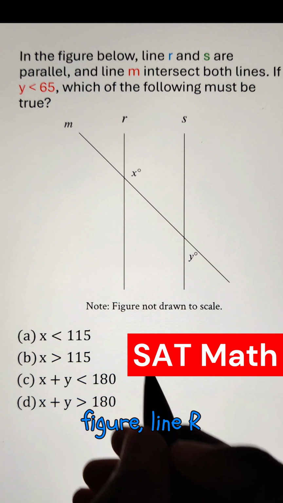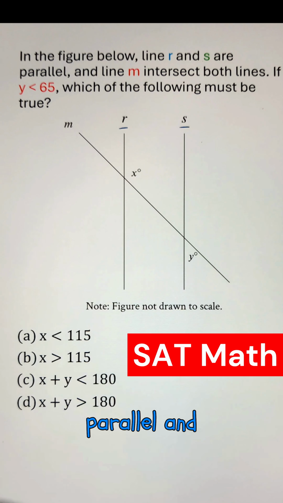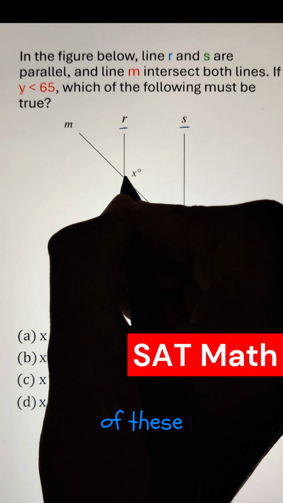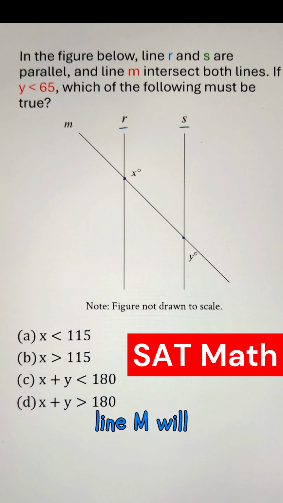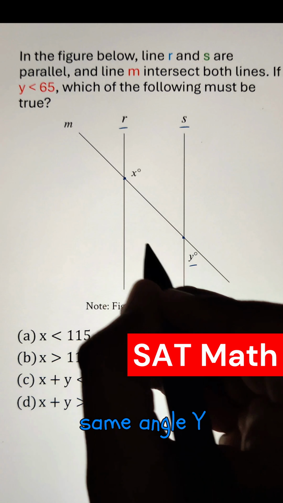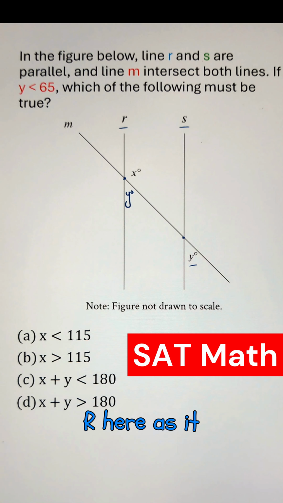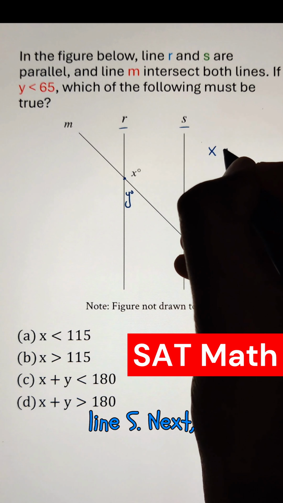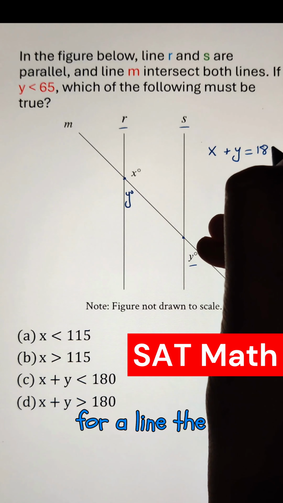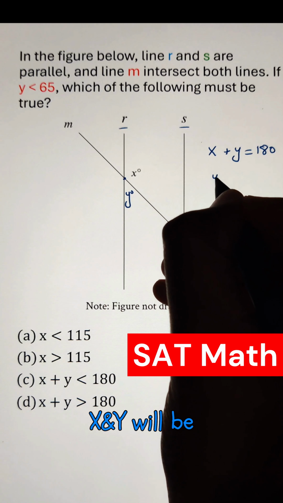For the given figure, lines R and S are parallel and line M intersects both of these lines. It means that line M will also make the same angle Y with the line R here as it is making with line S. Next, we know that for a line, the sum of angles x and y will be